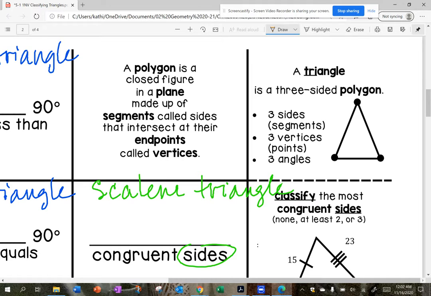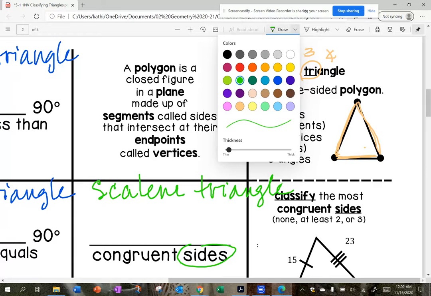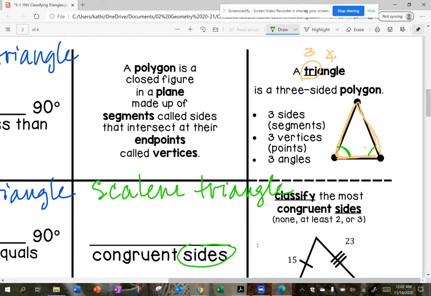So a triangle uses the prefix tri, which means 3. We have 3 angles. So I have 3 sides. Here are my 3 sides. I have 3 angles and 3 angles. And the vertices